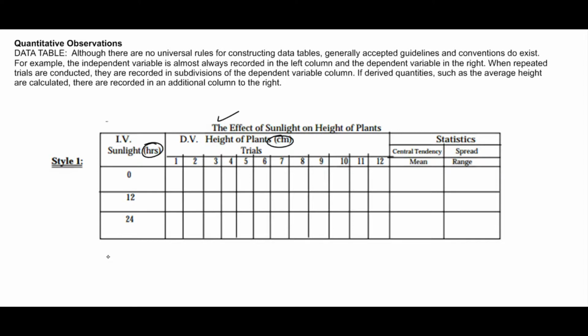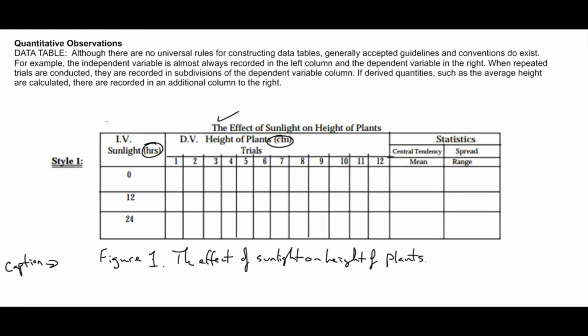Just like in a textbook, we'll call this Figure 1. I don't need to put a colon there. Let me just put Figure 1. And then I'm going to write the title: The Effect of Sunlight on Height of Plants. And of course you would type this. Then you want to provide a short description of the figure. So here I'll say this table